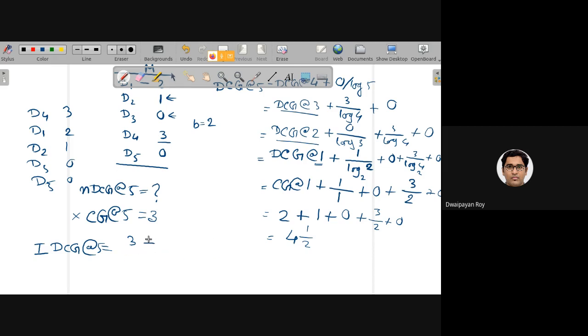It will be 3 plus 2 by log 2, because it's ranked in the second position, plus 1 by log 3 plus 0 plus 0. So it will be something like 3 plus this will be 4. So 4 plus 1 by log 3.